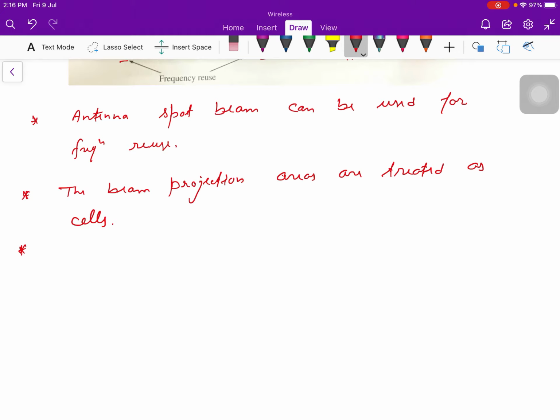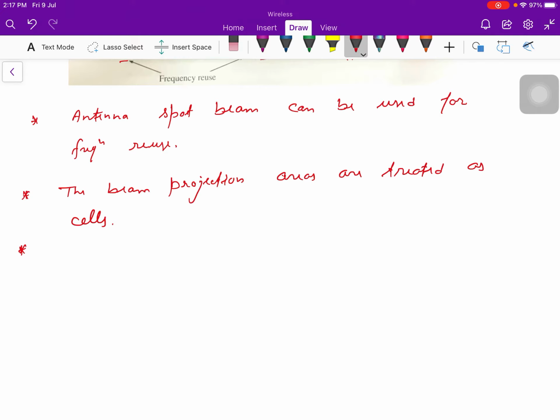Now, in mobile satellite communication, we do not use a simple normal transmitter and receiver, which we were using in the case of GSM and CDMA. In this case we use small satellite earth stations to send and receive the signal.